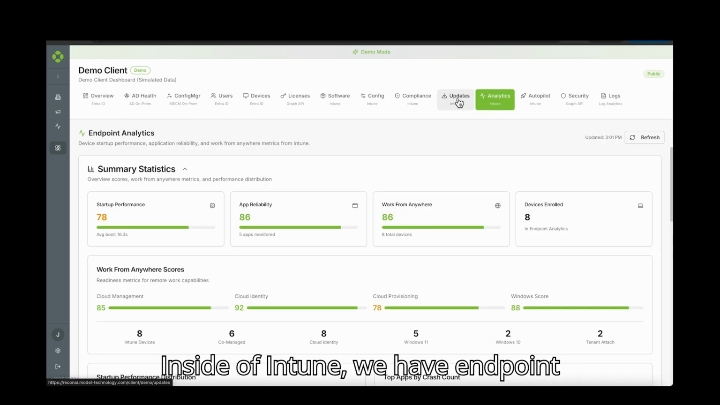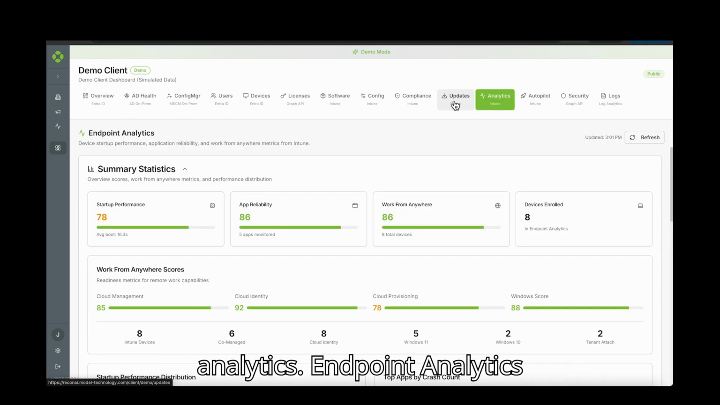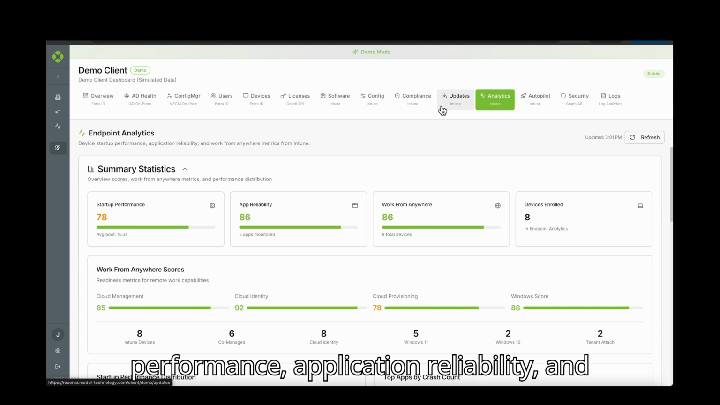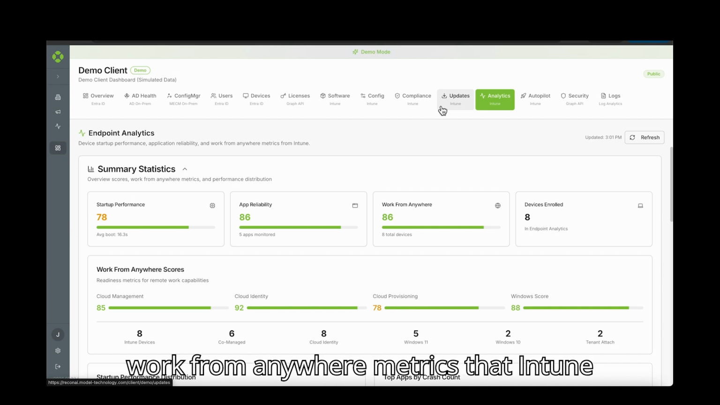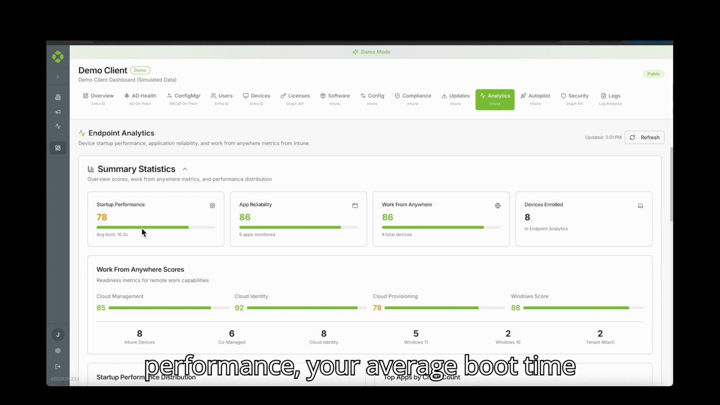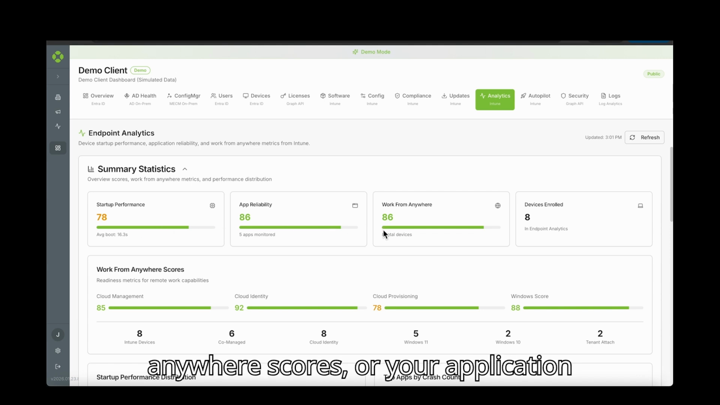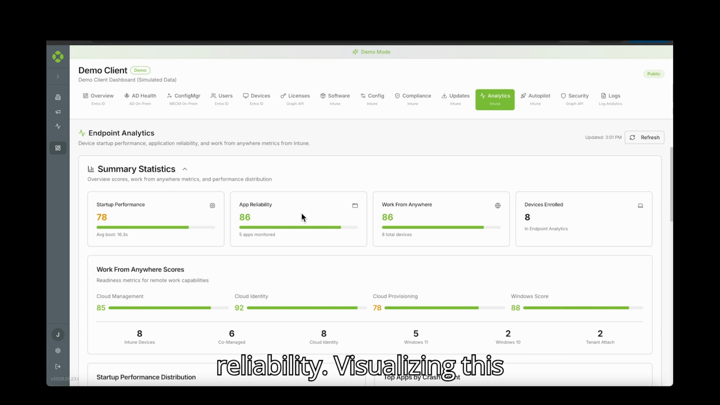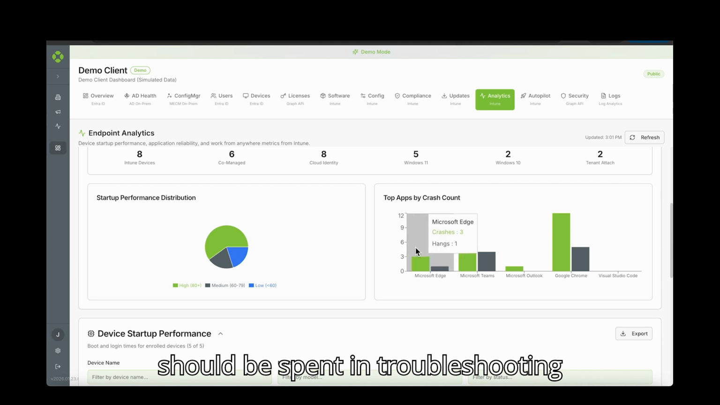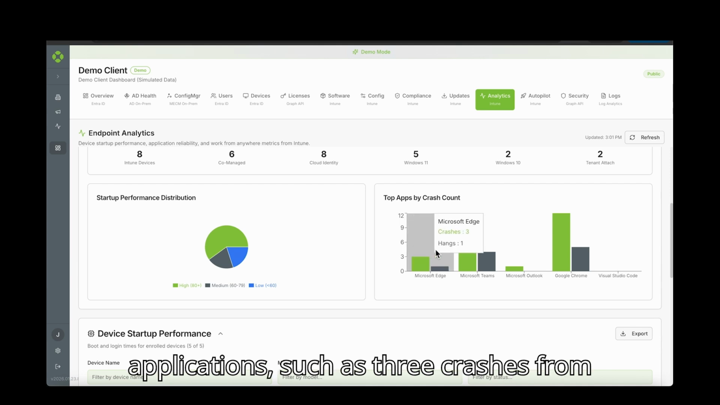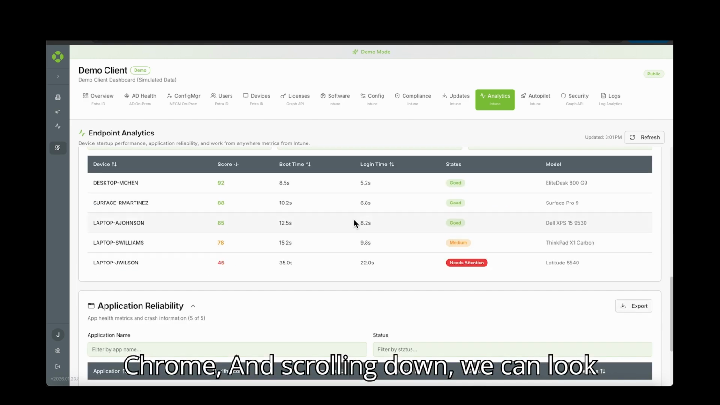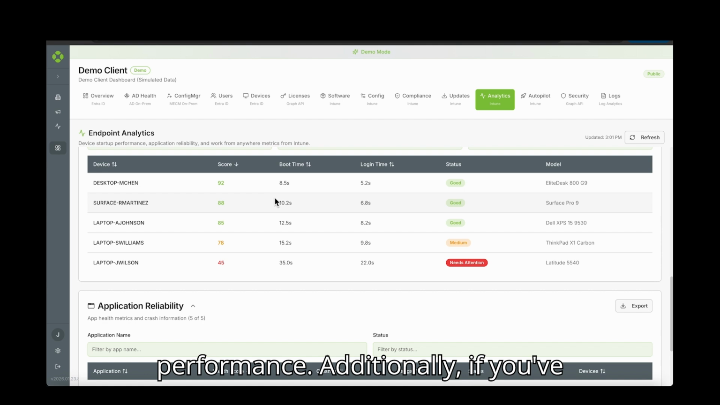Inside of Intune, we have Endpoint Analytics. Endpoint Analytics gives you the user experience for performance, application reliability, and work from anywhere metrics that Intune collects. So things like startup performance, your average boot time across your environment, work from anywhere scores, or your application reliability. Visualizing this data, you can see where your efforts should be spent in troubleshooting applications, such as 3 crashes from Edge, 12 crashes from Google Chrome. And scrolling down, we can look at the laptops with the slowest startup performance. Additionally,